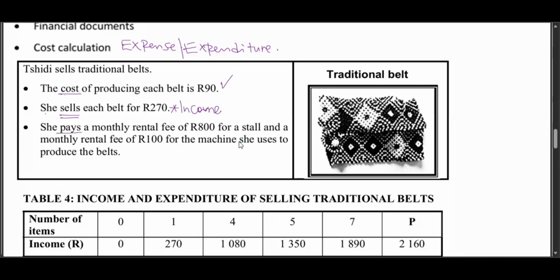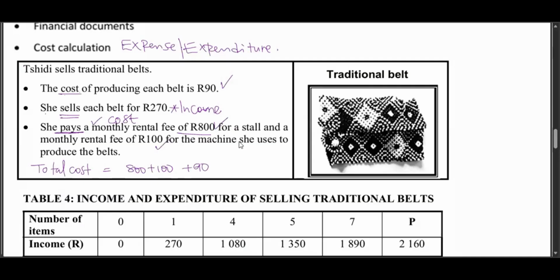The moment you hear she pays, paying is a cost, the money is going out of your account. So she has another cost: a monthly rental fee of 800 for a store and a monthly rental fee of 100 for the machine she uses. So our total cost equals 800 plus 100, then plus